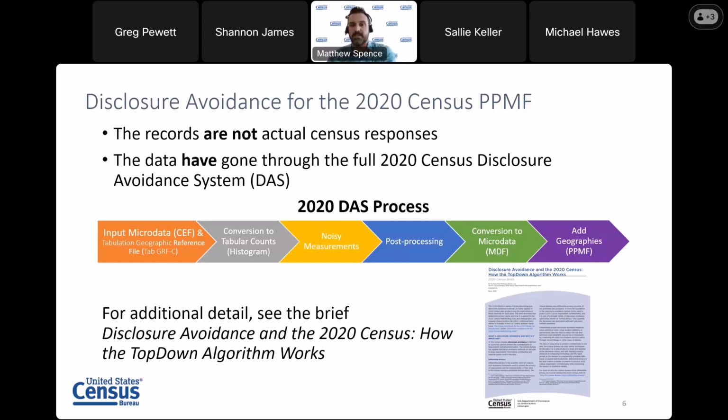So the basic process is highlighted in this flow diagram in the middle. We start with microdata, actual census response microdata. These data have been cleaned up and edited for consistency. Missing values have been imputed. We also then join that with our tabulation geographic reference file, sometimes called a GRF or GRFC. That is a crosswalk between individual census blocks and all of those other geographies I saw. So which zip code is this block in? Which zip code is that block in? Which voting district is that block in?